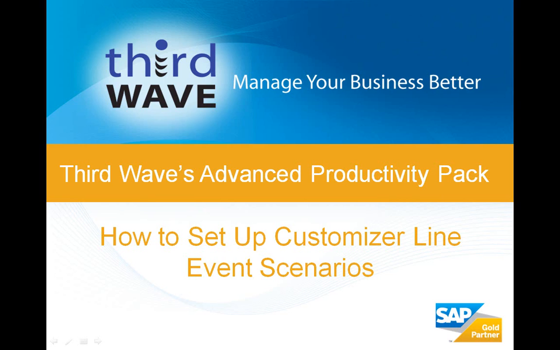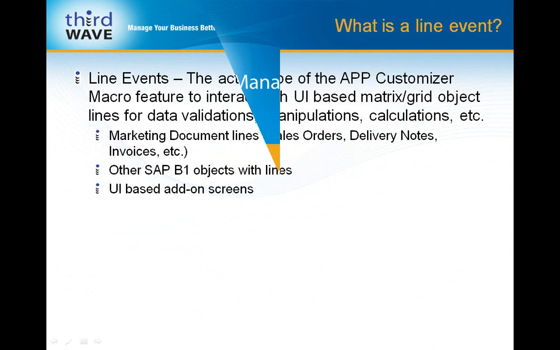When we are talking about line events, we're referring to the action type of the APP Customizer macro feature that allows interaction with UI-based matrix or grid object lines for tasks such as data validations, manipulations, or the performance of calculations. This can be used on any SAP screen designed in the user interface, even those in SAP add-on applications, which contain a grid or matrix object to hold line data, like the lines on a marketing document such as